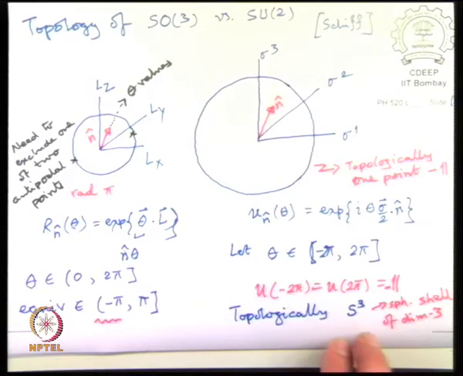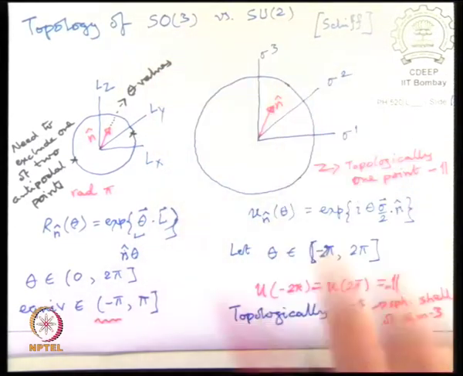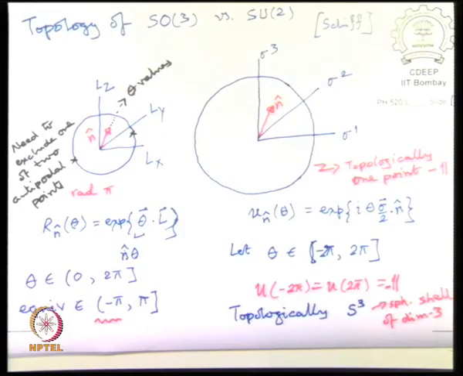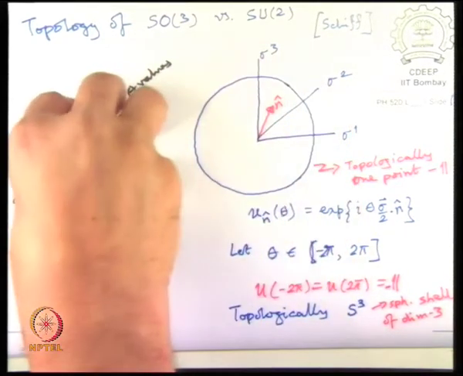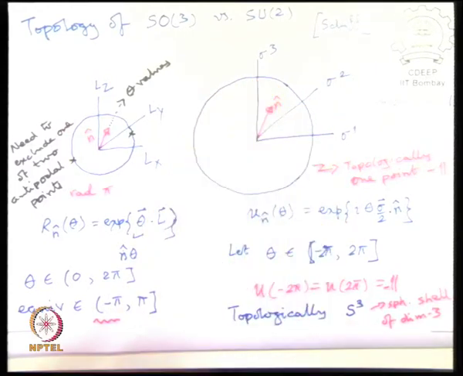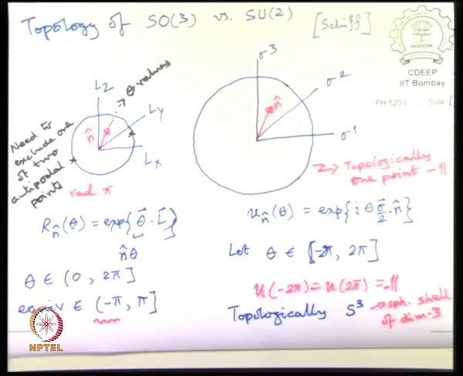So topologically SU2 is actually an S3, whereas topologically SO3 is not, and it is a slightly more complicated space. But what happens because of the double covering is that SU2 double covers this. So there are 2 copies of SO3 inside SU2, and after that covering it becomes a simply connected space. SO3 is not simply connected, but SU2 is. So we will see that next time.